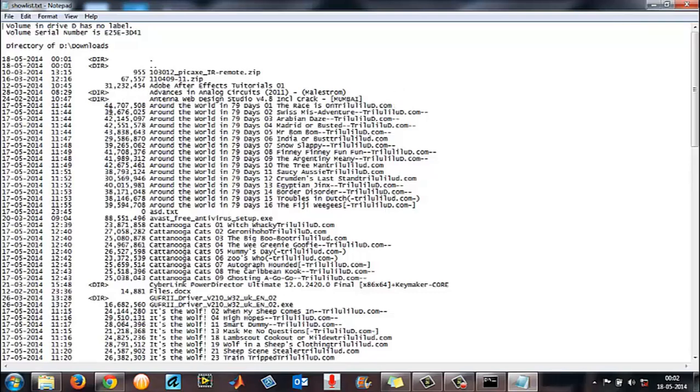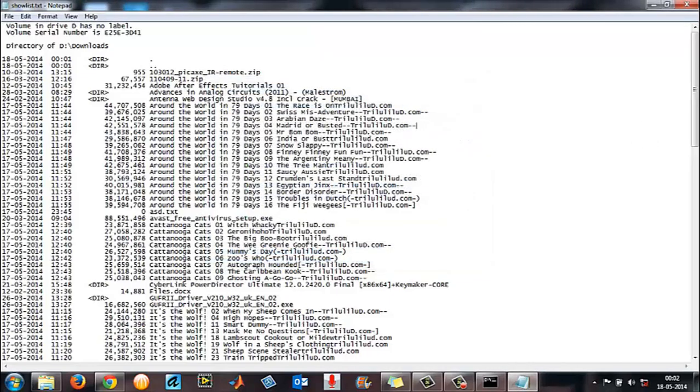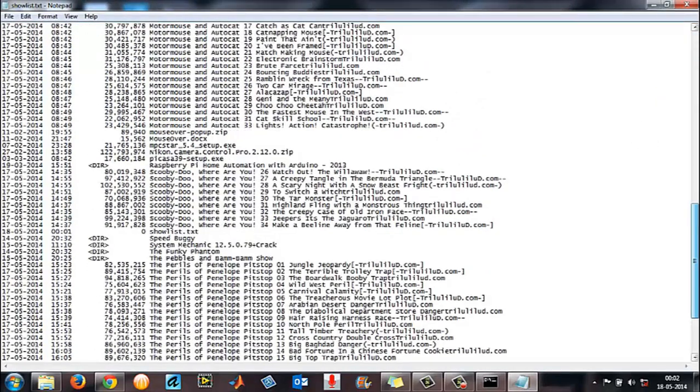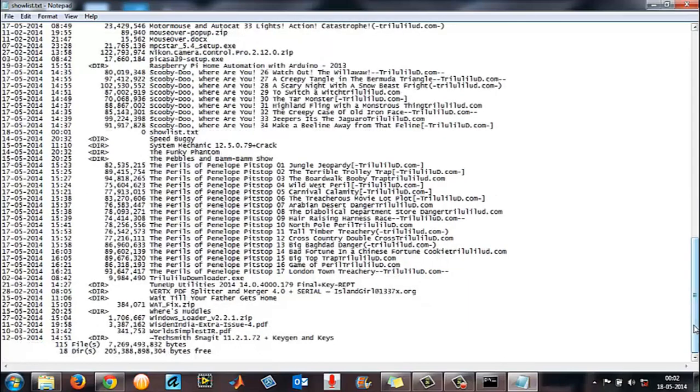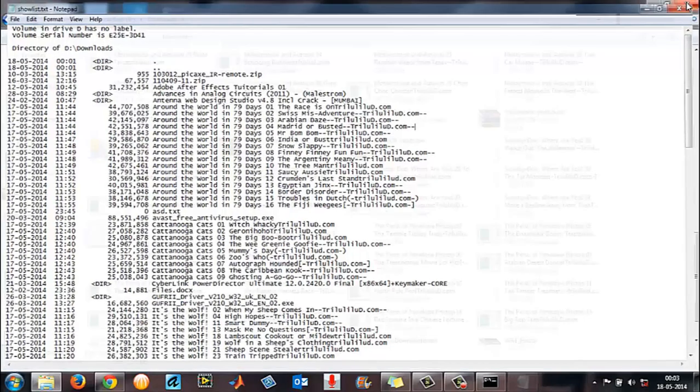And this 44,707,508 means the size of the file. Then here you have got the date and time of creation, etc. Okay, so this is how you do it to display the main files and folders. This will not display the subfolders. Okay, what you need to do in order to display the subfolders?